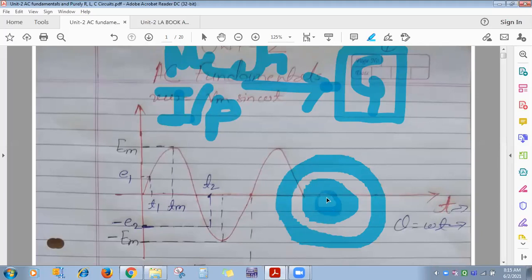So here centrally it's a shaft. To this shaft we give mechanical input using prime movers: steam turbine, water turbine, diesel engine. Its construction, working principle and all are included in the last 2 units, which are not included in your syllabus due to this pandemic situation. Only 6 months we got, isn't it? DC machines are in the 5th unit, and AC machines are in the 6th unit. Due to this pandemic, these 2 units are not included. We cannot go into detail on the construction of generator.